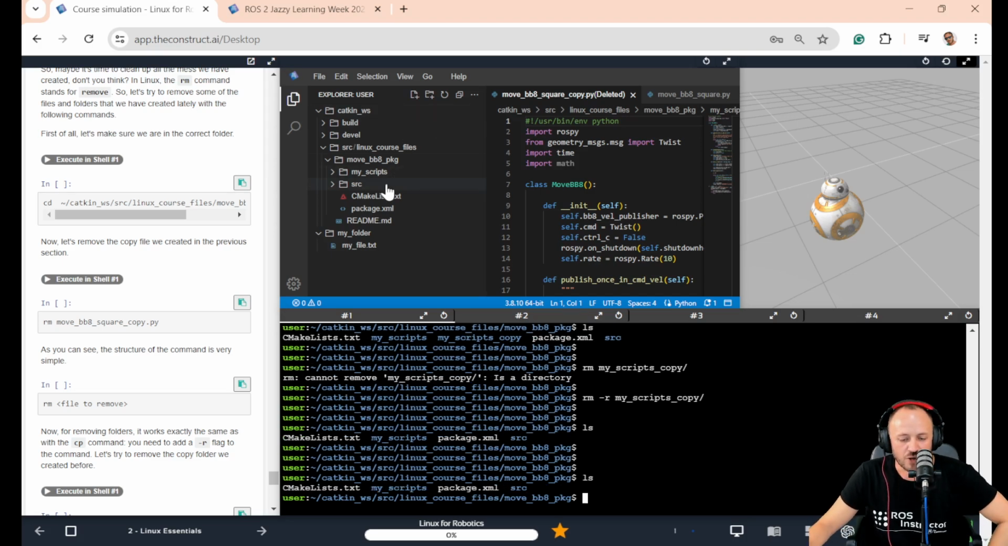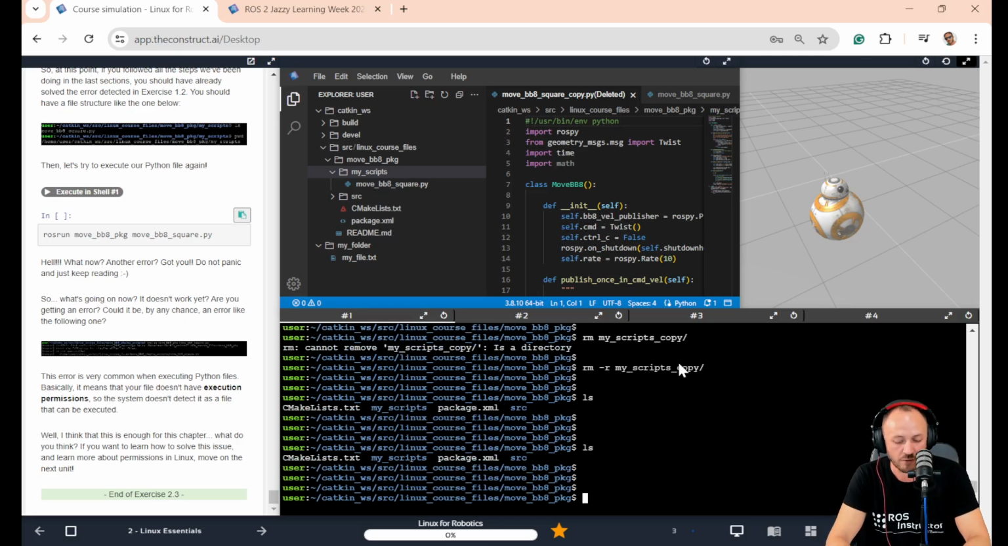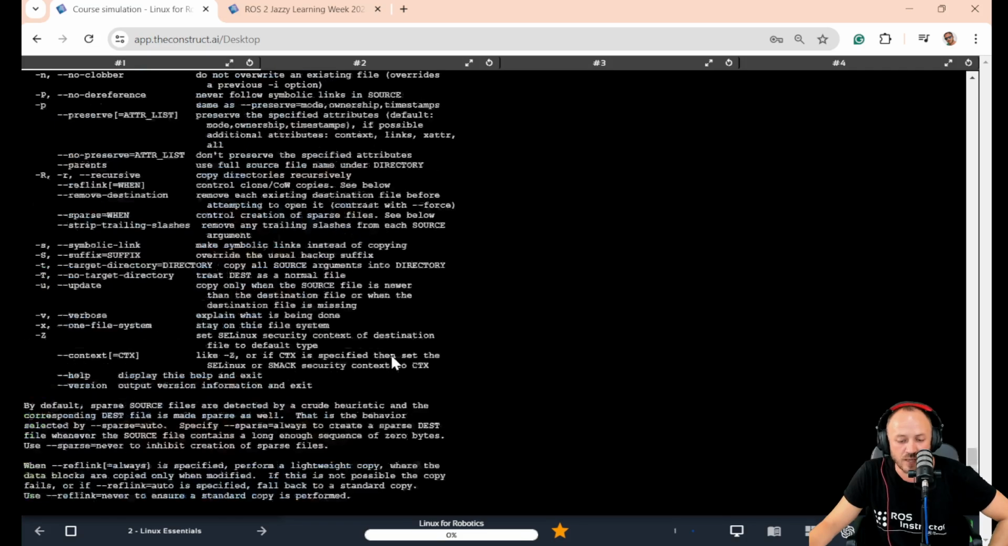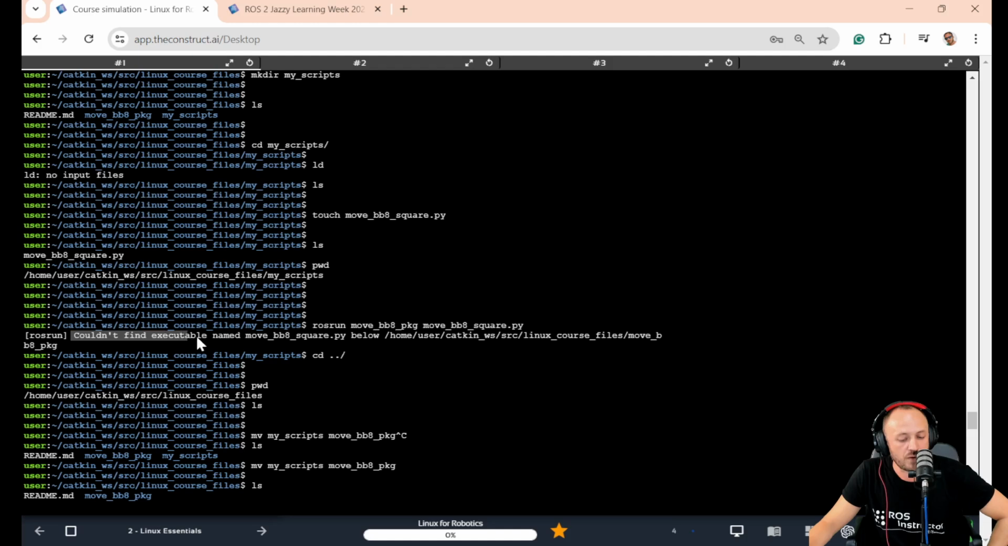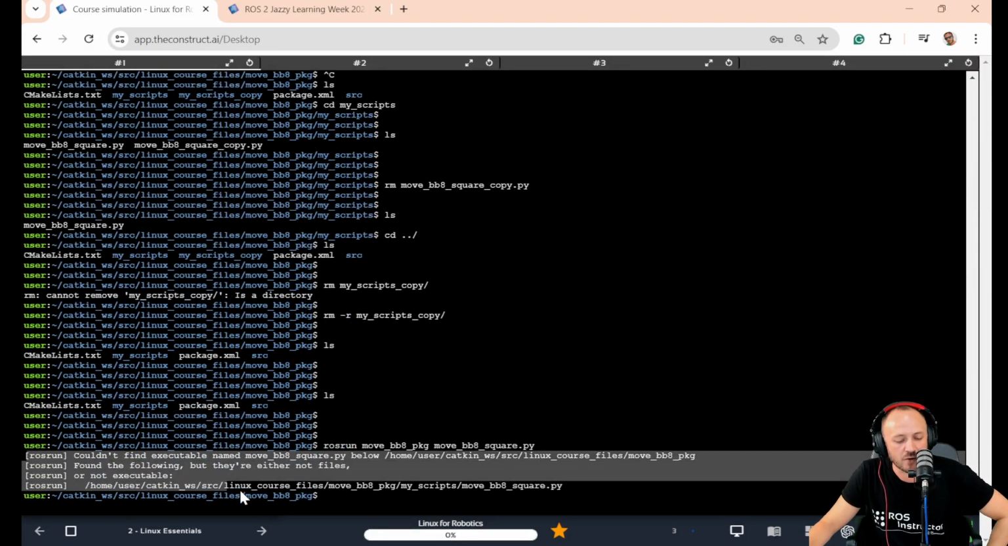Okay. So now we have introduced many more commands, but also we have moved already our script inside the ROS package. So at this moment, we should be able to execute our ROS run command, right? And the answer is not yet. If we try to run the command now, we don't get the same error as before, yeah? If you remember the error that we were getting before, it was this one. Couldn't find the executable named move bb8 square below this path. So now we are not getting that error, but we are getting another one, which says,